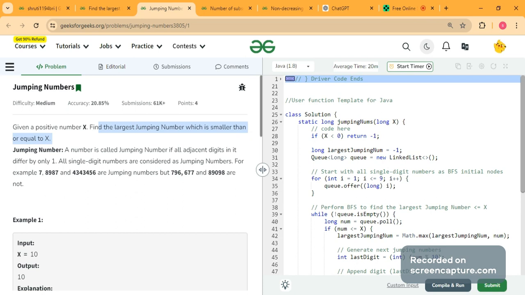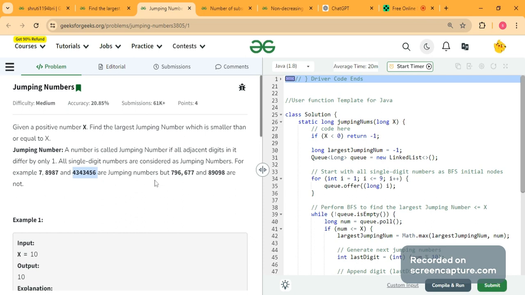Okay, so what is the definition of jumping numbers? Jumping numbers are those numbers in which all the adjacent digits basically differ by 1. For example, if I consider the number 1, 2, 3, 4, its digits are 1, 2, 3, 4. We have 2 as adjacent of 1, which has a gap of 1. Let's take this example: 4, 3, 4, 3, 4, 5, 6. We can see that all of the adjacent digits only have a difference of 1.